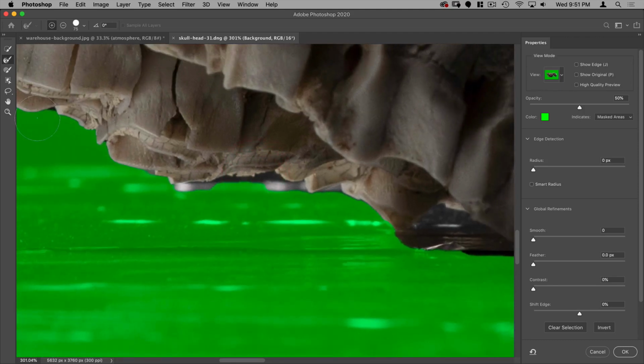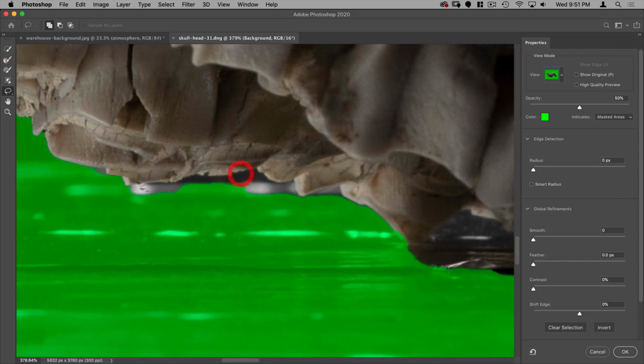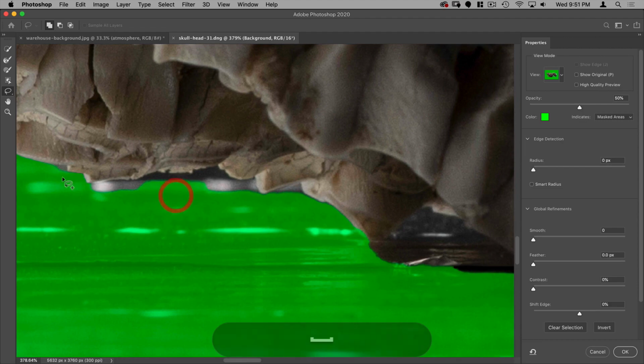And for this, I think I'm going to use the lasso tool because this has a relatively jagged edge. I could just eyeball it. I'm going to hold down Option so it's minusing from the selection, and then just get rid of the parts of the selection that aren't the skull. And I'm going to err on the side of digging into the skull rather than leaving a little halo outside of it.